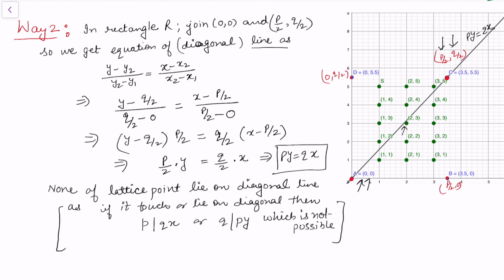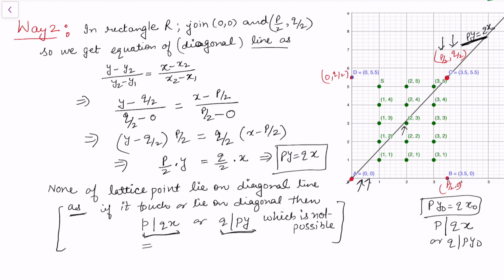None of the lattice points lie on the diagonal line py equal to qx. If there were some lattice point that lies on the diagonal line, that means it would satisfy py equal to qx. And if it satisfies, this means that there exists some y naught, or some x naught, which satisfies this line. But this is not true, because the GCD of p and q is 1, as they are distinct primes, and also the GCD of p and x is 1, because x is a value that varies from 1 to p minus 1 by 2. This is the value for x in which we are varying.